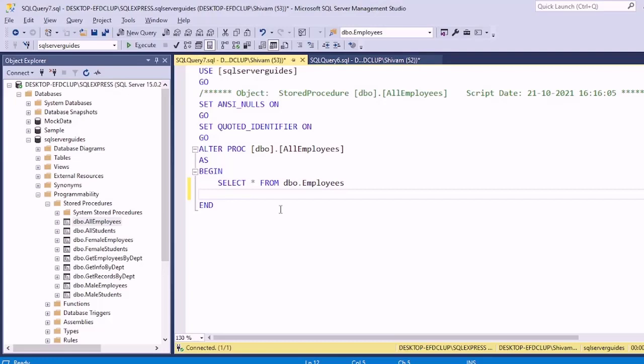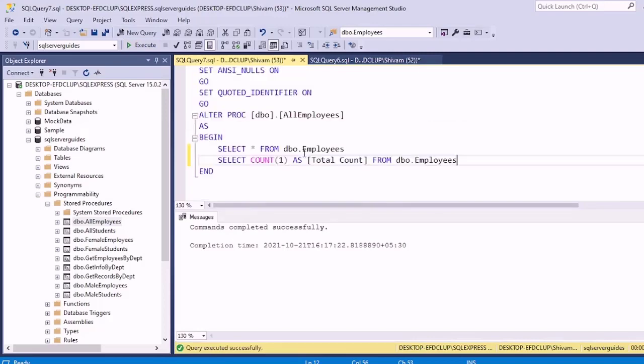So in a similar manner to the all students procedure, we will modify this also. Here I will put this select count statement to get the count for the employees table. Now we simply need to make the modifications that we want, and then we simply need to click on execute to execute this.